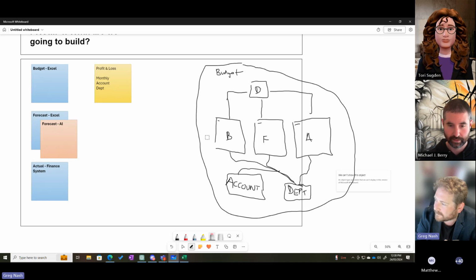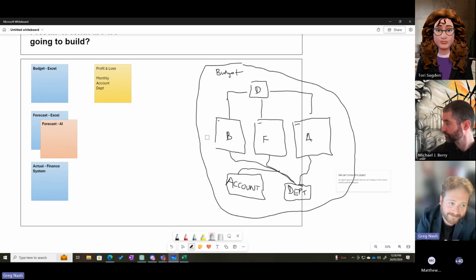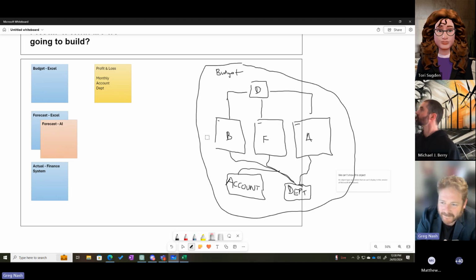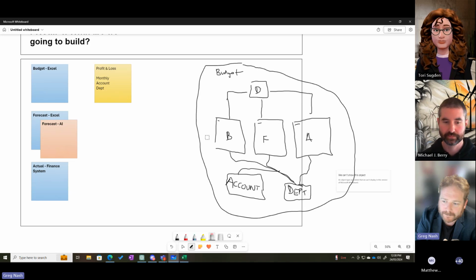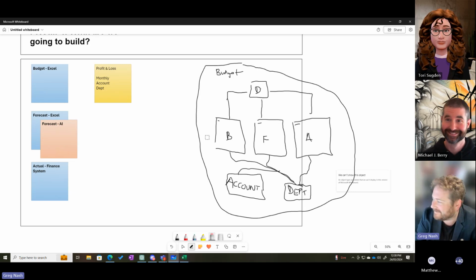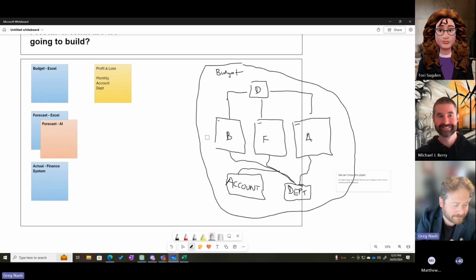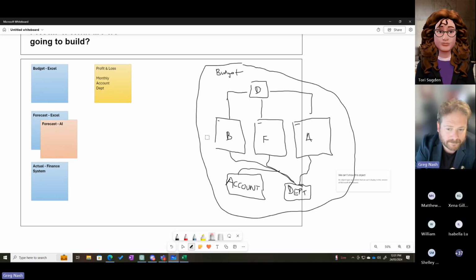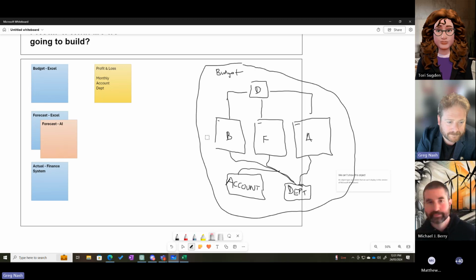6, scenario planning and sensitivity analysis. How would changes in key assumptions, e.g. sales growth, cost inflation, impact our budget and forecast? What are the potential financial outcomes under different scenarios? 7, operational insights. Are there operational efficiencies or inefficiencies highlighted by the variances? How are specific initiatives or projects impacting our financial performance? 8, compliance and risk management. Are we compliant with all relevant financial regulations and standards? What financial risks are we exposed to, and how can we mitigate them? For the reporting system itself, I would want dynamic dashboards, interactive dashboards that allow for drilling down into details and